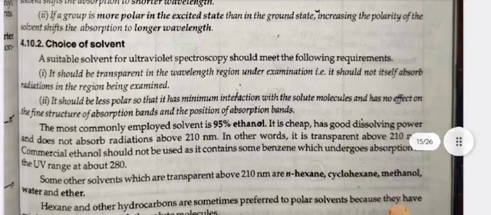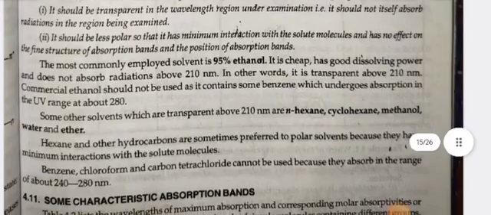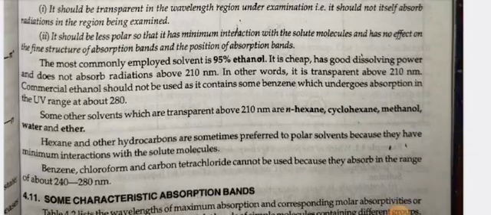Choice of solvent. First, it should be transparent in the wavelength region under examination. That is, it should not itself absorb radiation in the region being examined. Second, it should be less polar so that it has maximum interaction with the solute molecules and has no effect on the fine structure of absorption bands and the position of absorption bands. The most commonly employed solvent is 95% ethanol. It is cheap, has good dissolving power, and does not absorb radiation above 210 nanometer. In other words, it is